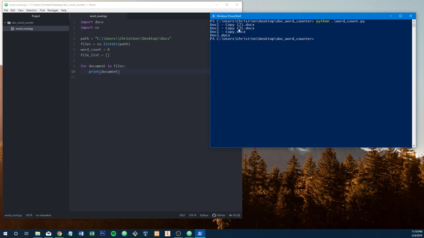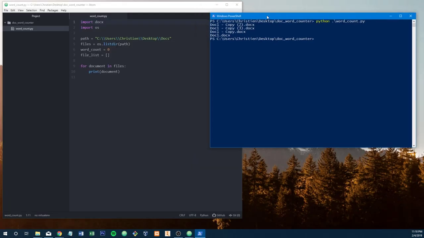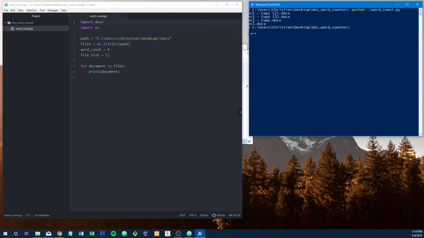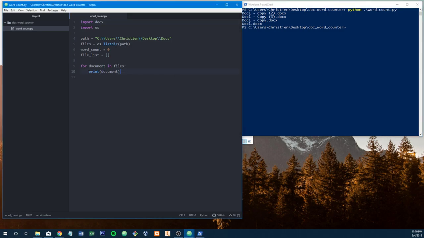Anyway, you can see that we're listing all of the files out here, but if we have anything that's not a docx, we're not going to be able to read it. So I don't even know if this library is going to work with just regular DOCs, which are like way old. That's like 2007, which, I mean, if you're working in the legal world, could definitely be possible, but I'm going to assume that we're not. So let's just say if docx